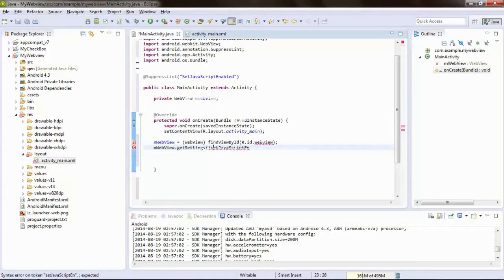Sorry, I forgot the dot. setJavaScriptEnabled equals to true. Then after that, we will now proceed.